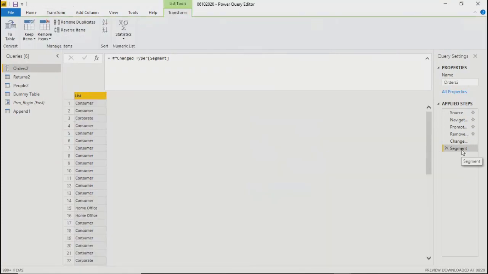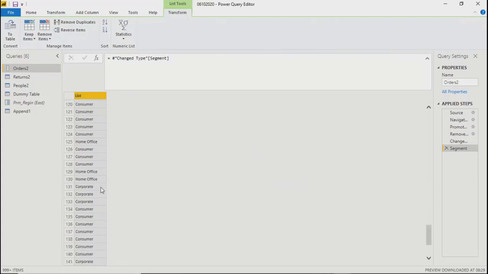It will add another step, showing you all those values in a single field. It is a kind of list. But again, my question remains the same: I'm not sure where I'm going to use it. Unless the values are unique, I don't see any benefit of it. If I had unique values, I might have used it somewhere.